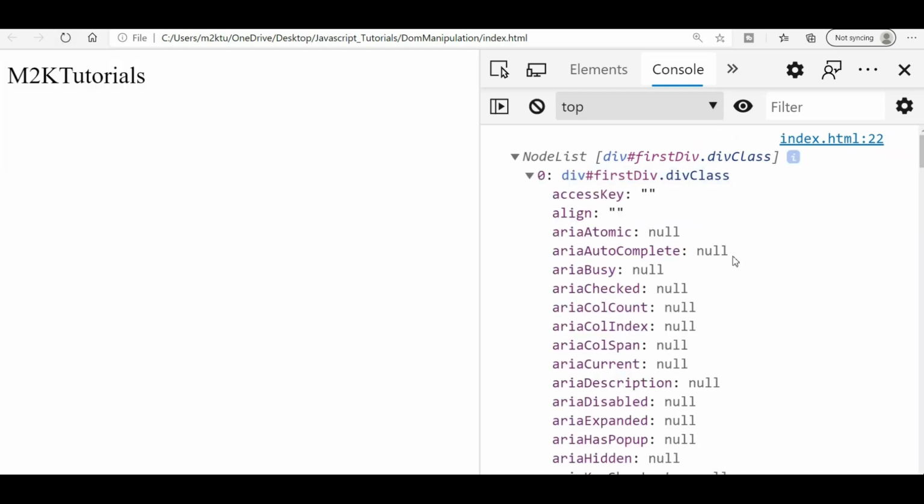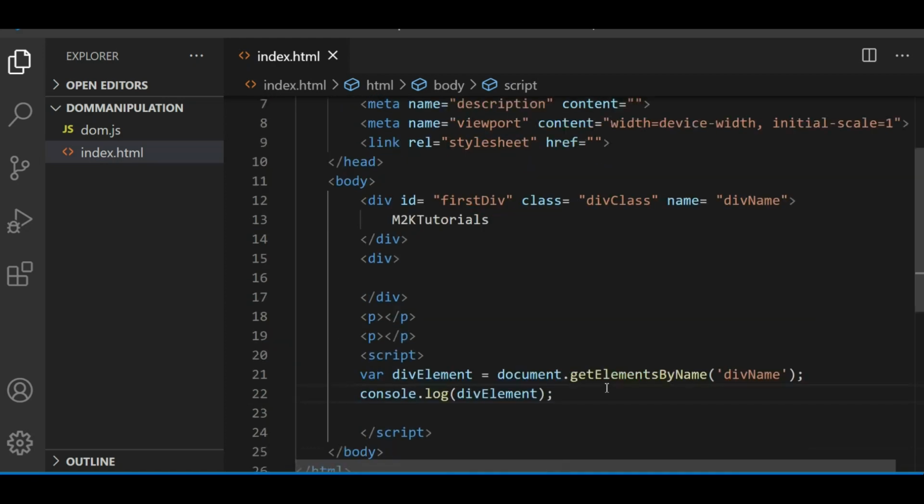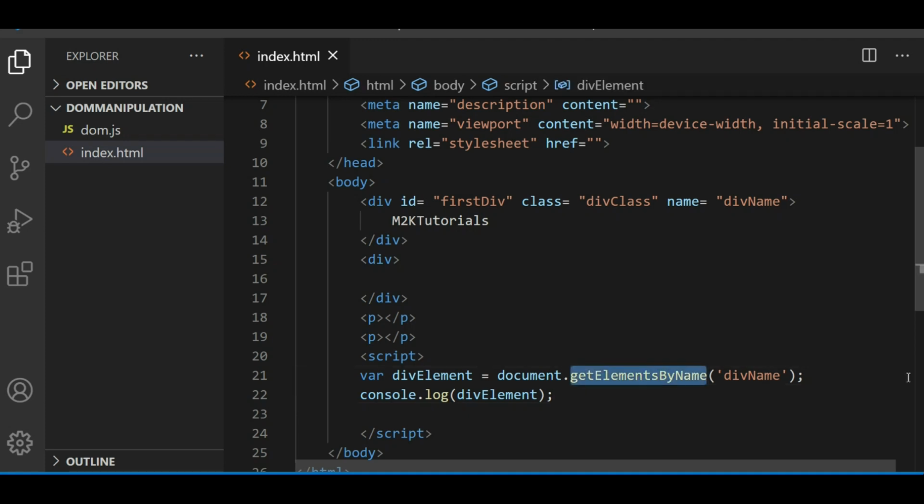Other than getElementById, you have seen they return an array. So if you want only that particular element, ID is the best way to get it. But in some situations if you don't have that, you can also work with these methods.